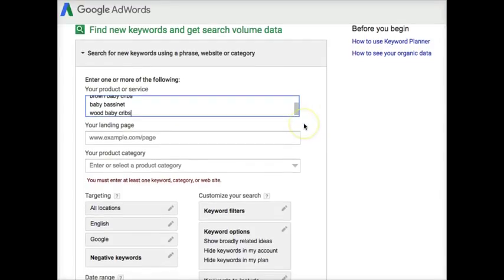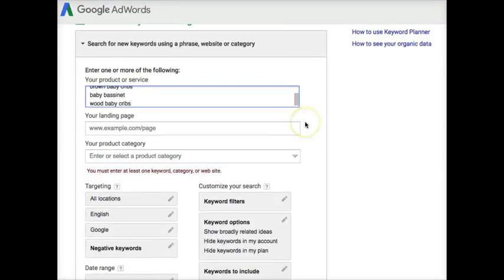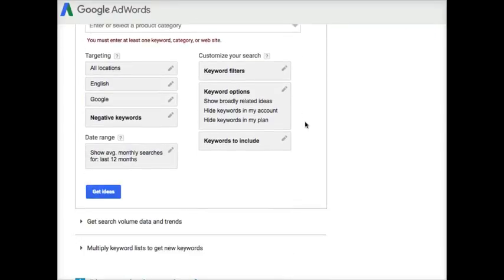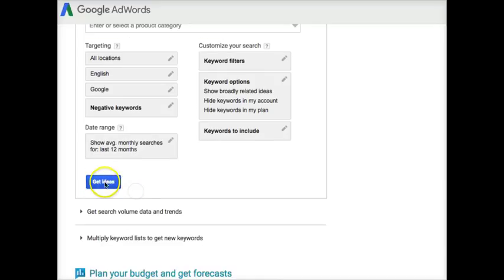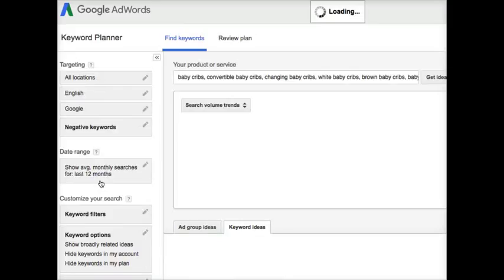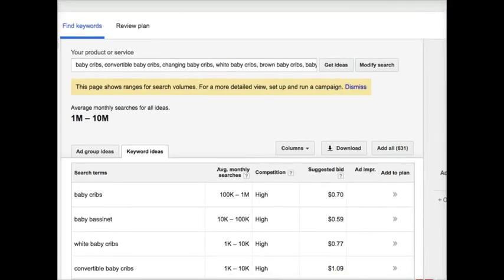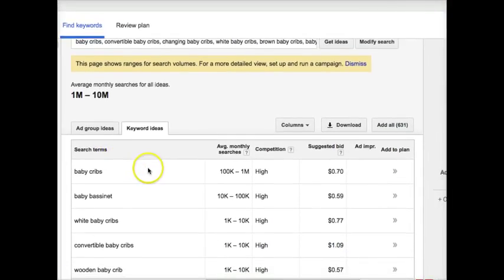Okay. And so that's what we're telling Google right here: this is what I'm looking for. Now go pull some that are similar to this. And so we can come down here now and click on this blue Get Ideas button, and that changes our page. Now we see our list of products or services and a Get Ideas button over here, and our list of phrases.